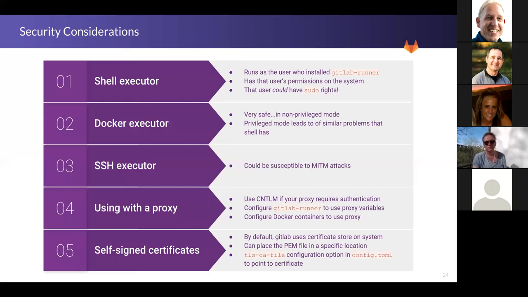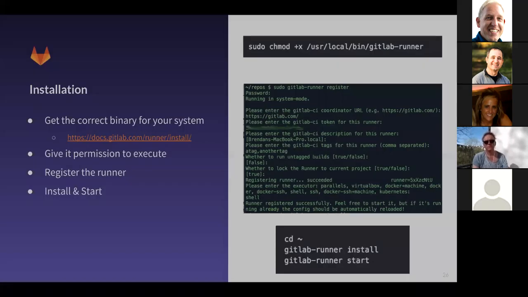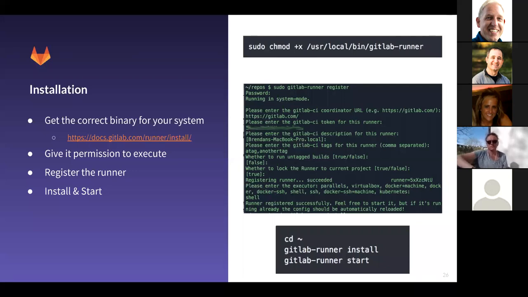Okay, so next, let's talk about installation and then a couple advanced configuration topics, aka this TOML that you've heard us alluding to throughout. So first of all, the installation, of course, is a great piece of documentation on it, but it's pretty simple. You basically get the binary for your system. You can download it from our package management system, or just download the binary itself that's correct for your system. And then you make sure that it is executable.